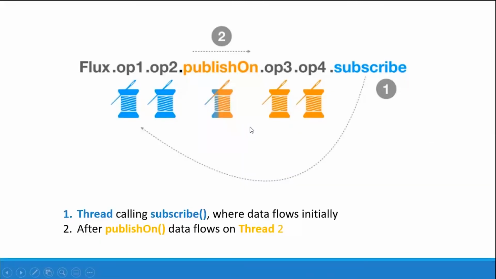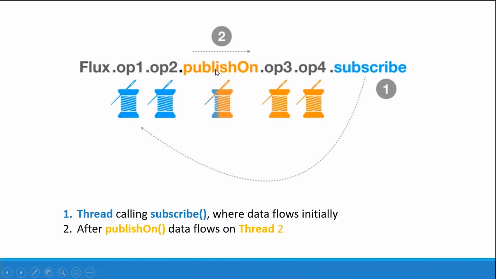So when we talk about that more, as I said, blue means main thread. So we have a chain like that. Once you subscribe, the signal passes from this, and it will find the publishOn, but it won't have an effect right now. Then it moves to this operator, this operation, and subscribes to this. Once the subscription signal comes, it starts to emit. The first item goes to operator one, which happens on the main thread or the current thread running.